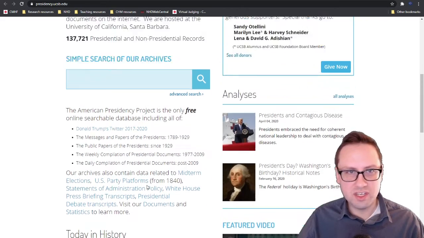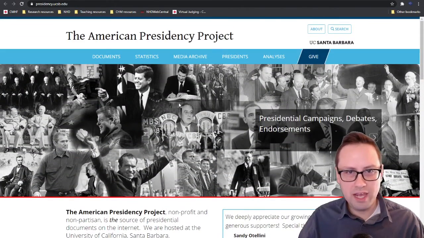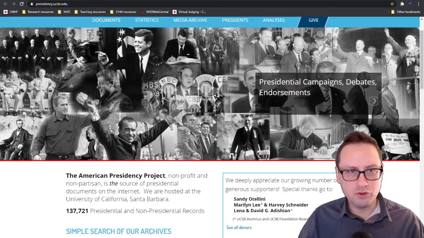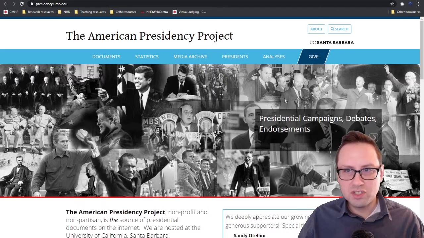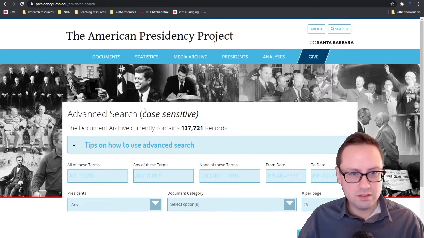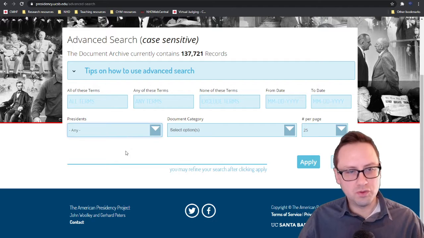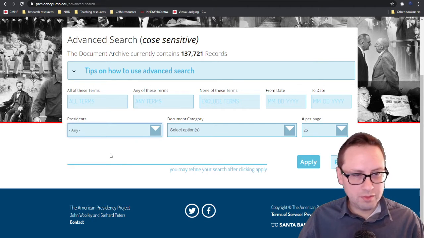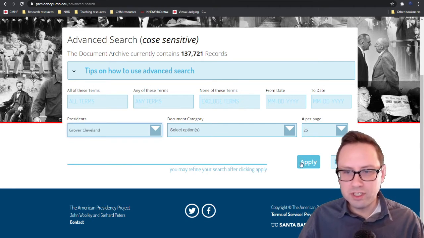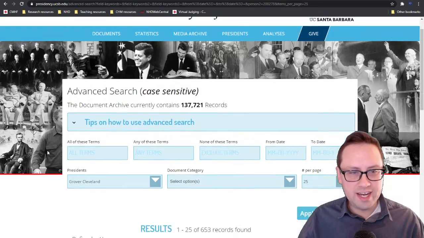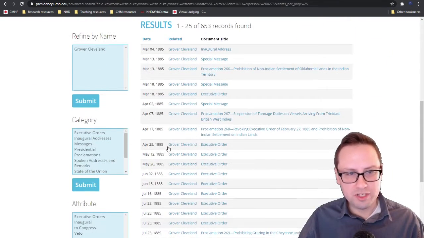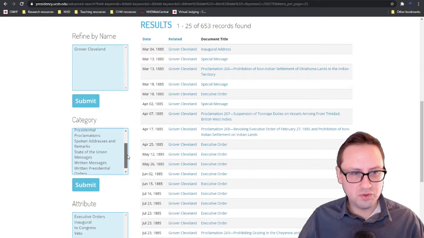You can certainly just head to the main page and poke around. There's a lot of great stuff, but I want to show you a couple of different approaches that you could take. The first is the search tool, which is really excellent. It lets you not only break things down by search terms and keywords that you could type in, but also search for a particular president. So if you're working on something related to Grover Cleveland, you could search for any documents that they have from that particular president, and then continue to sort from there.